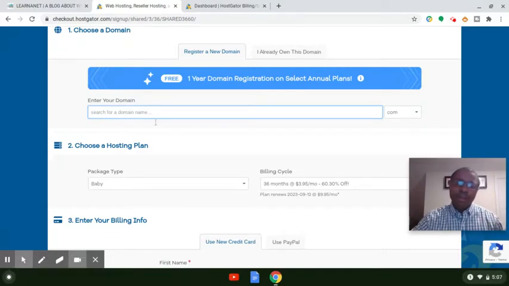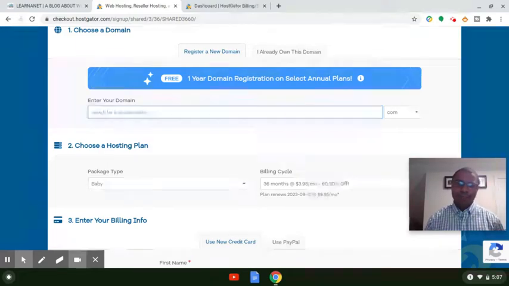The very first step after you select your web hosting, as I told you guys in the beginning, is you're going to be selecting a domain name. Now, the cool thing about Hostgator is that when you get started today, guys, you get a free domain for your very first year. Typically, domain names at places like GoDaddy, for example, very popular platforms for domain name registrars,